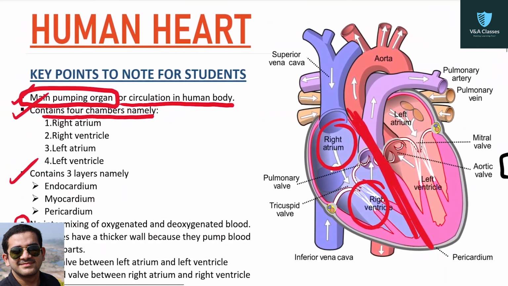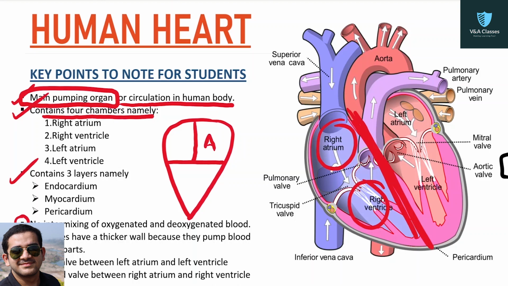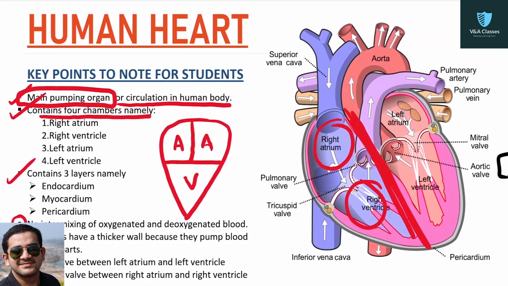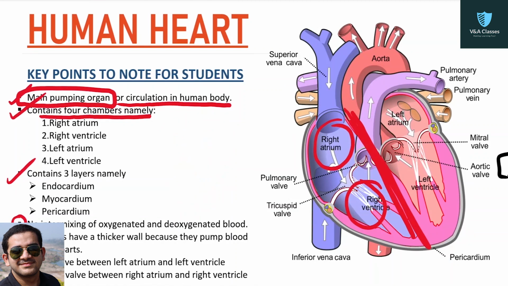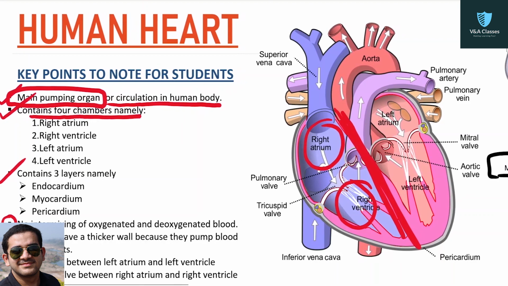In comparison to the human heart, the heart of amphibians like frogs has only a three-chambered structure. They have two atria but a common ventricle. So there is mixing of blood in the ventricle, both the oxygenated and the deoxygenated blood get mixed. In fishes, there are only two chambers, one atrium and one ventricle, and in fishes also there is no intermixing of blood.